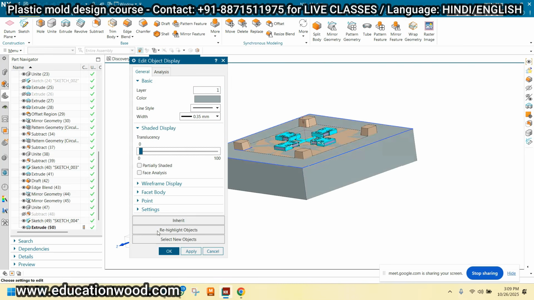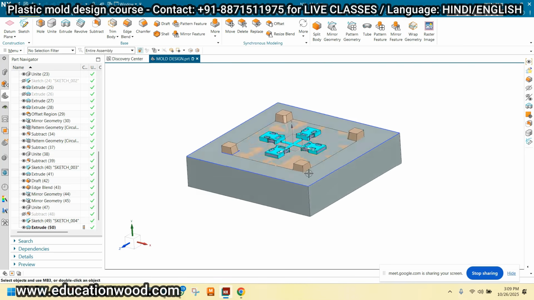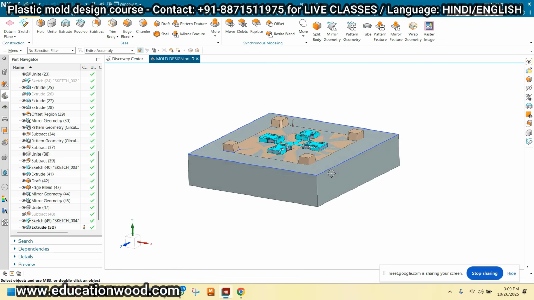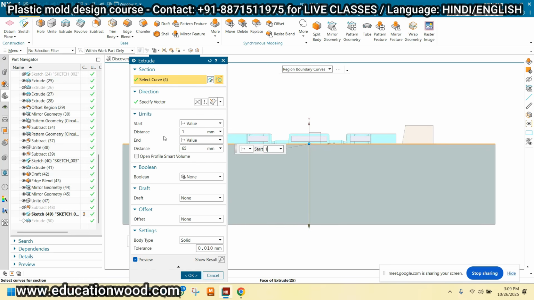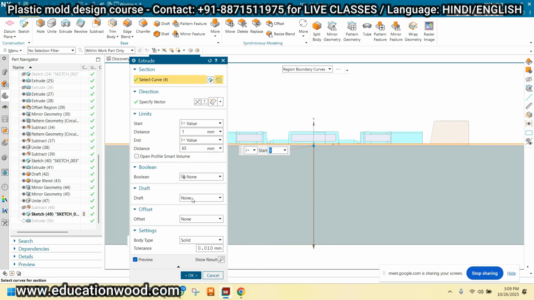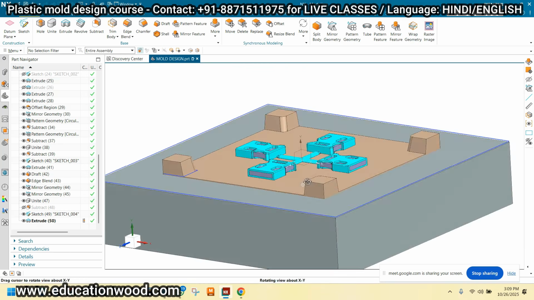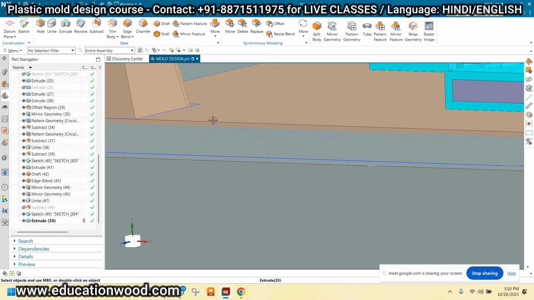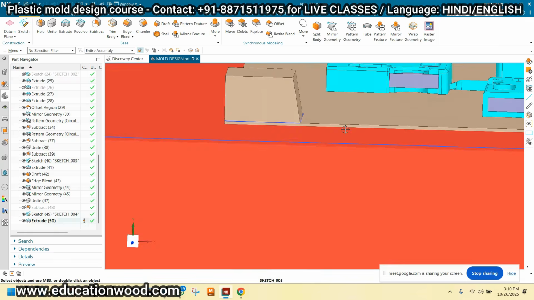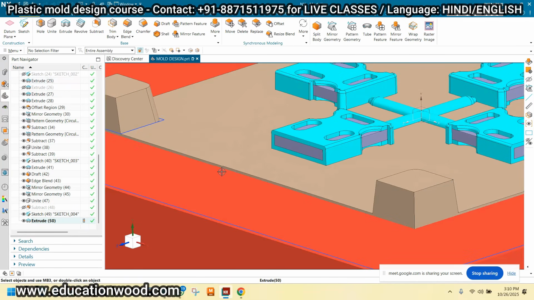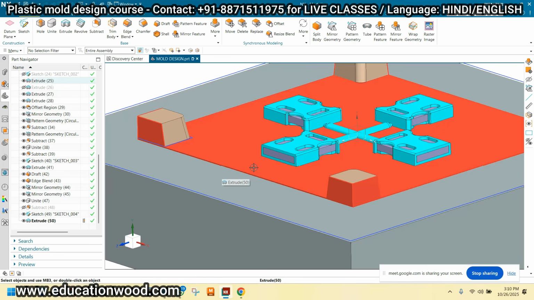And this is the core, right? This is the core. Here I'm just taking 1 mm more, and this is the 66 I'm taking. So what is the reason? Because I'm taking 1 mm more on this. Why am I taking this?